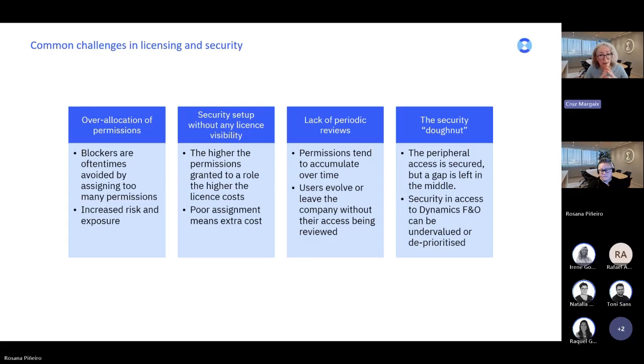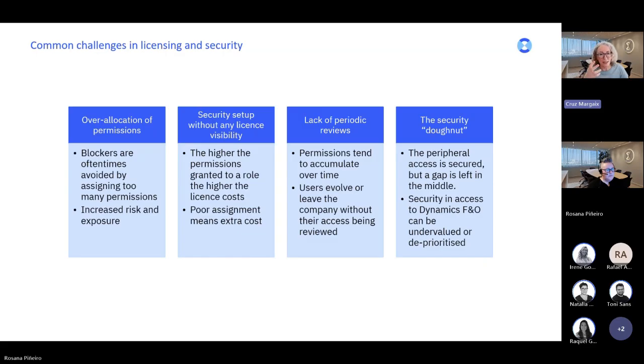So the first of the challenges is that in many occasions, we find that users have more permissions than actually needed. And many times this has a reason behind.